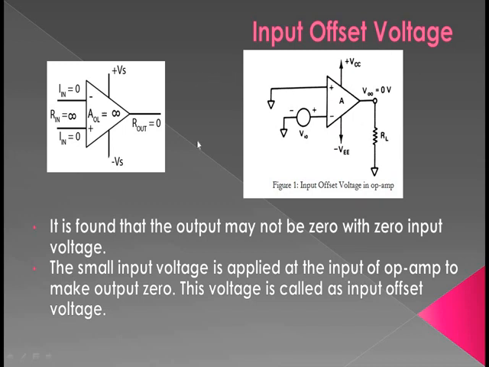See, for example, in analog meters, if we turn on the meter, initially it should be at 0, but when we turn on the meter, it moves from 0 to the next place. So we adjust the system and set it to 0. Just like in an op-amp, we provide some input voltage to set the output at 0.